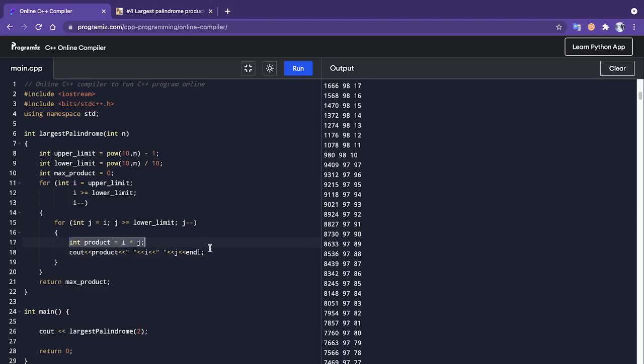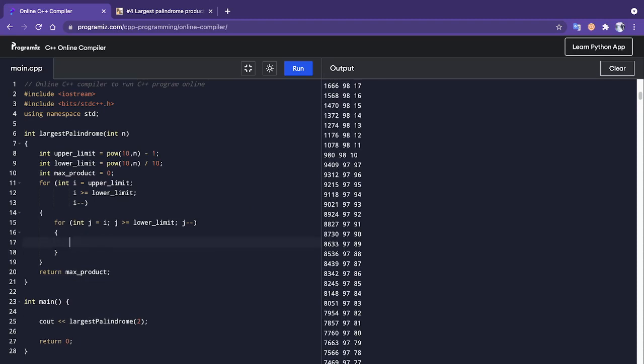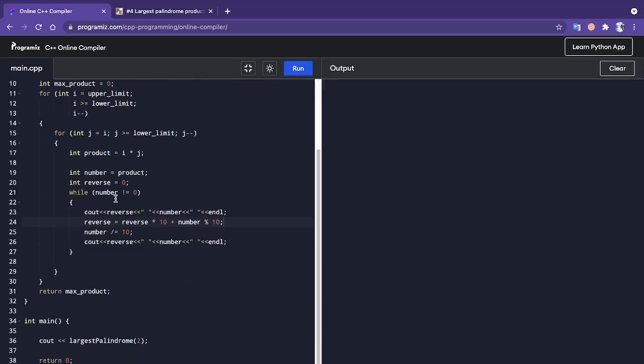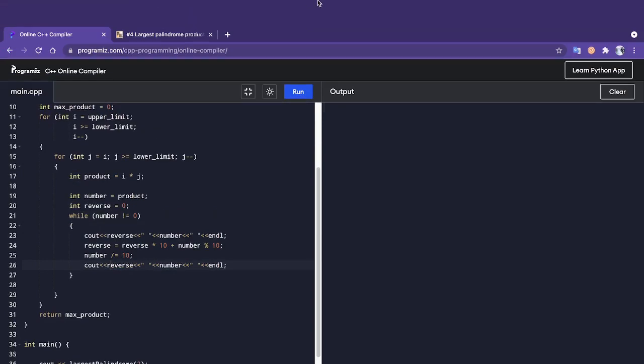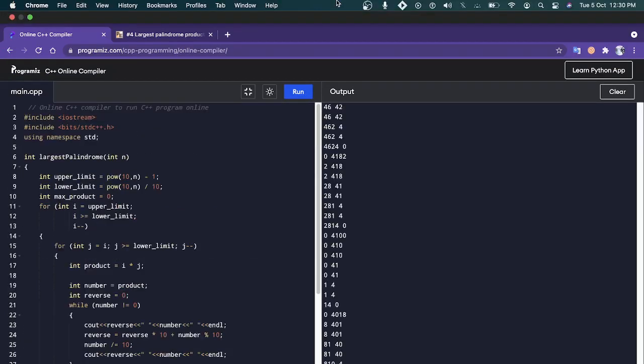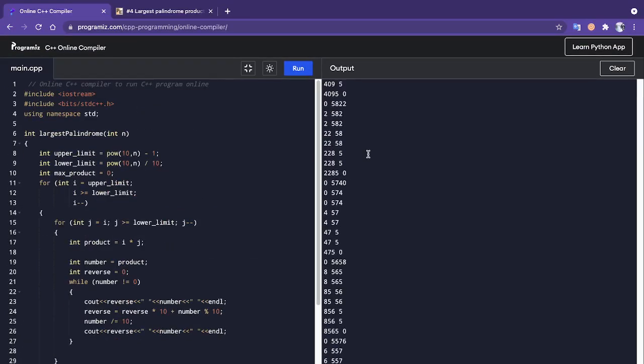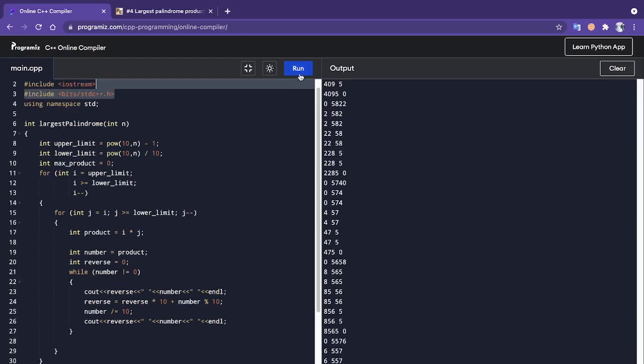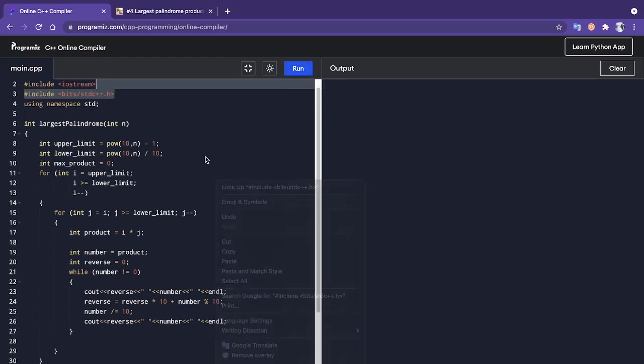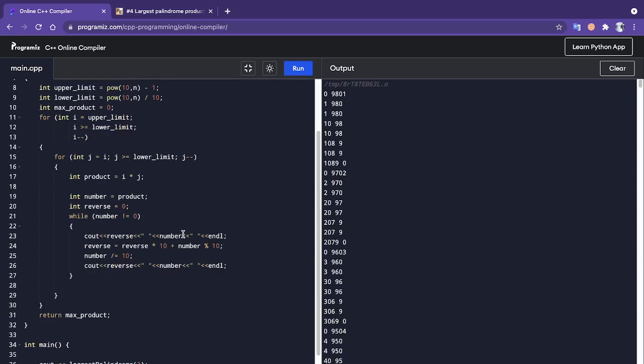Let's write the logic for finding the largest palindrome product. I have written a while loop that will generate the reverse number. Let's see how it runs.